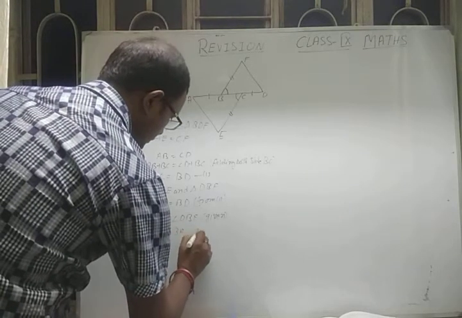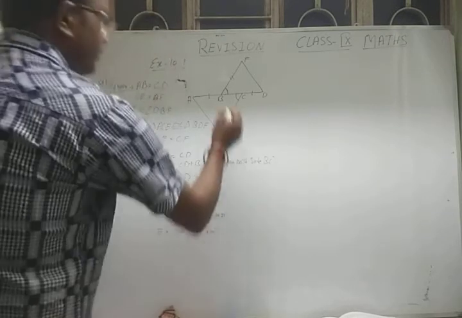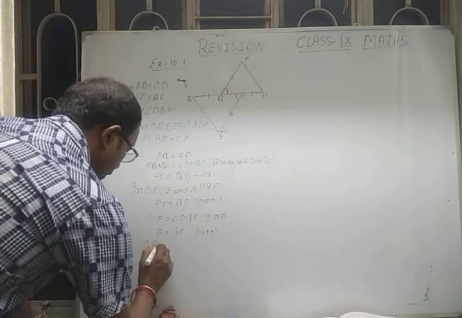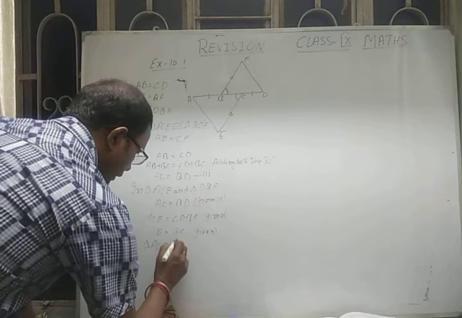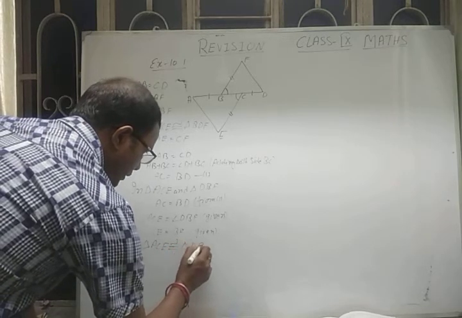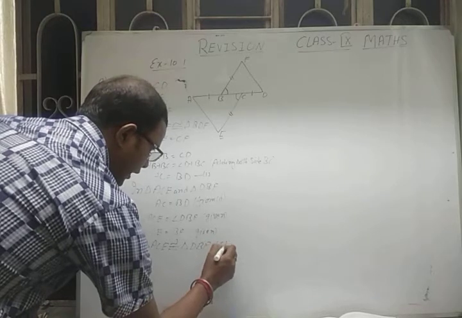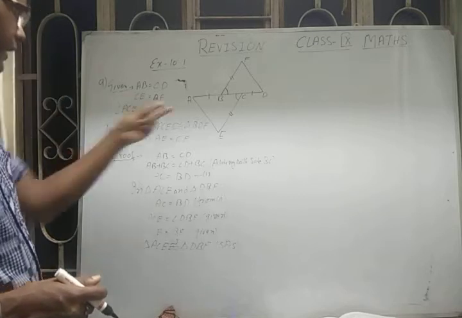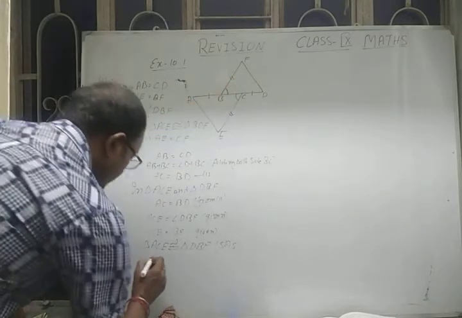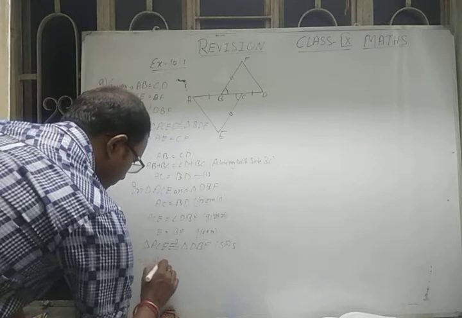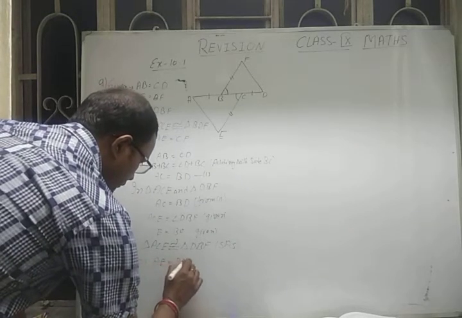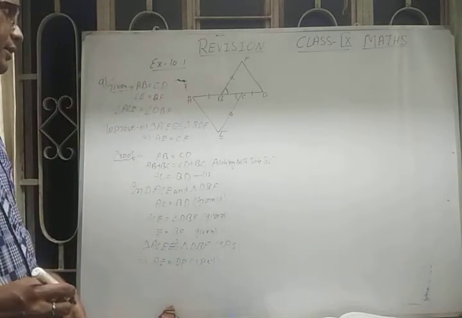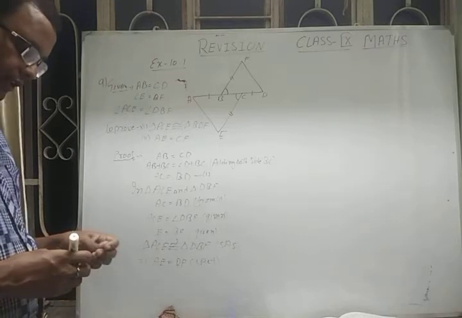It is also given. Now these two triangles are congruent. Therefore, triangle ACE is congruent to triangle DBF by SAS. So part 1 of the question is proved, and the second part, AE is equal to DF. This implies AE is equal to DF by CPCT. So in this way you can prove the congruency of these triangles.